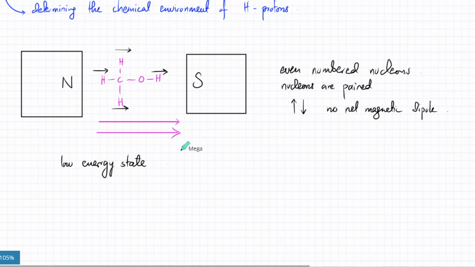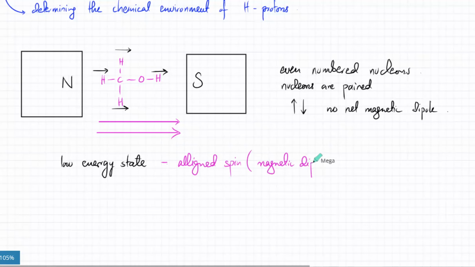Okay. So anyways, this is known as the low energy state. Low energy state is your aligned spin. Remember, a magnetic field, a magnetic dipole, is known as a spin, or we can call it a magnetic dipole. But then what happens is